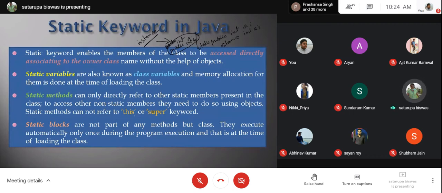And throughout the lifetime of the program, it will only execute once. You cannot execute it many times as per your choice. It will only be executed once, when the class is loaded. In general, static blocks are also used for initialization of the static members. But other than that, you can use it for any purpose. But remember one thing: static blocks don't have a name. You cannot call it anytime. It will by default be executed just when the class gets loaded.